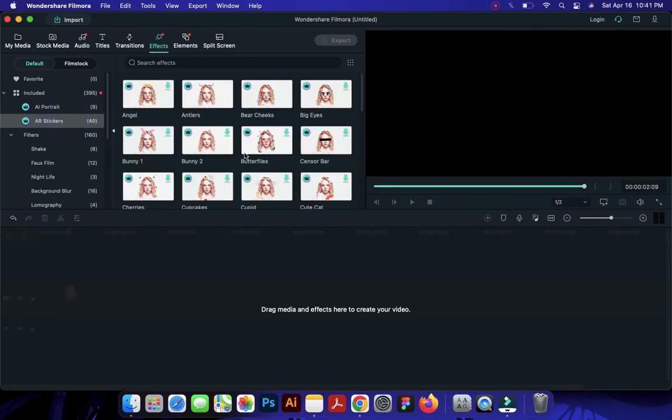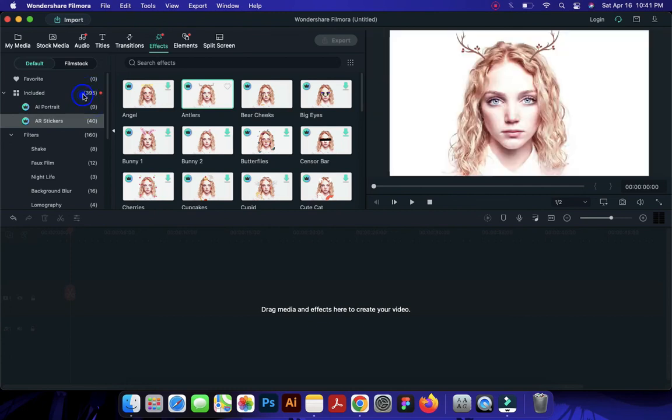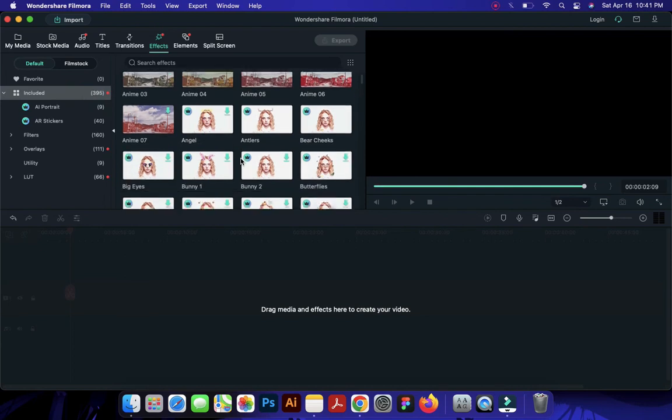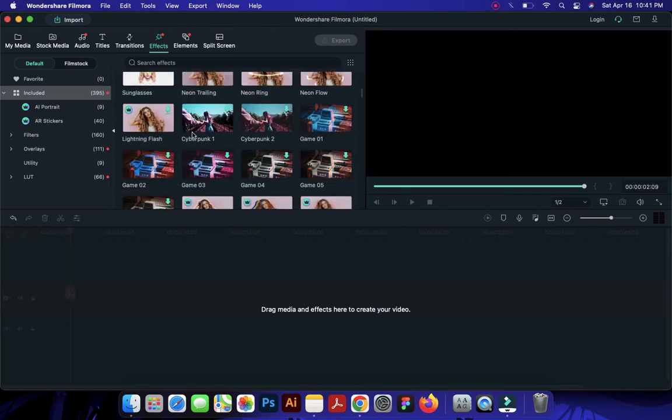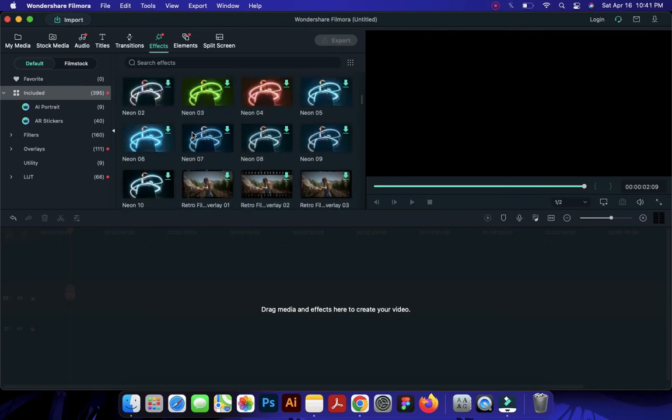We have AR stickers. That is augmented reality stickers that you can work with. There's a lot of them, and we have free ones too. So they're actually very much free, that you don't have to pay for. You won't see the premium sign at the top, so you can be rest assured that they are free to use. And let's just scroll down here. You'll be able to see some that are free to use, like